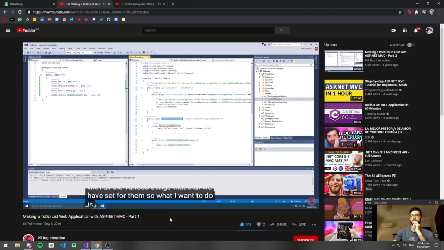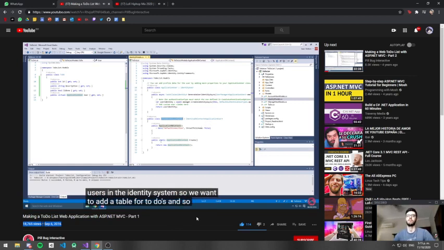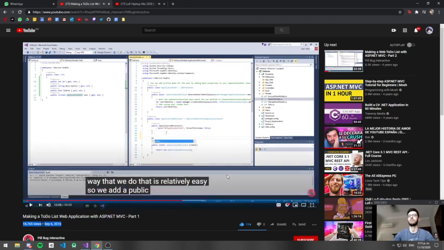So what I want to do is I want to add. There's going to be a bunch of tables in here which are defined by whatever's needed for our users in the identity system. So we want to add a table for to-dos. And so the way that we do that is relatively easy. So we add a public